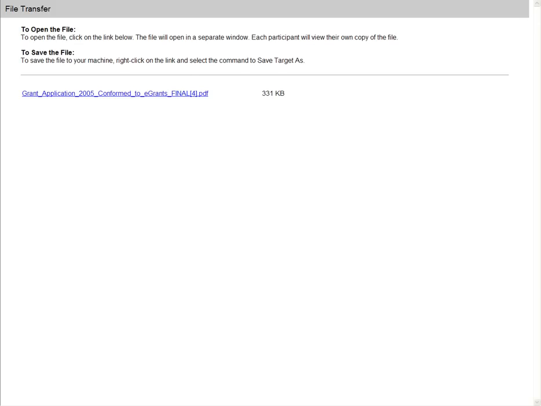Please right-click on the link and select Save Target As. The second link you will see is the presentation in PDF format. Again, right-click on the link and select Save Target As. Type in the name and select the location on your computer to save it.